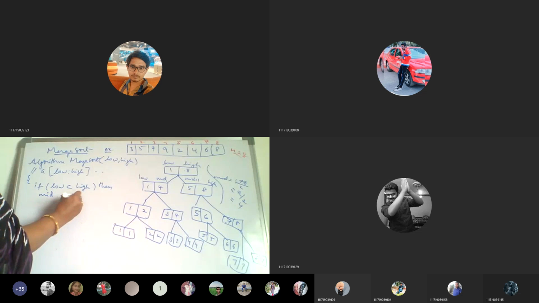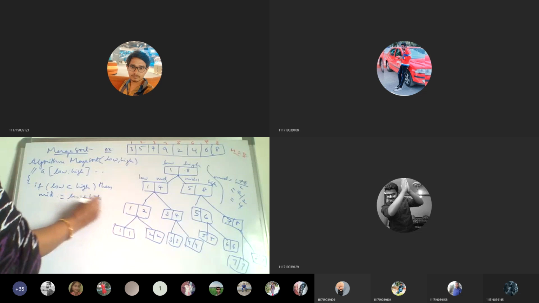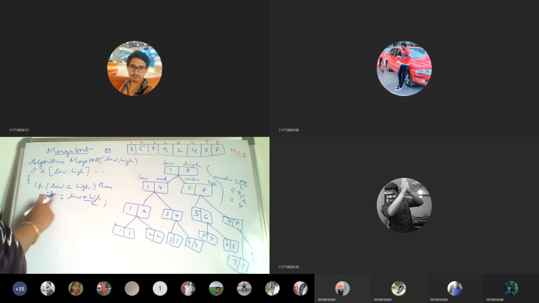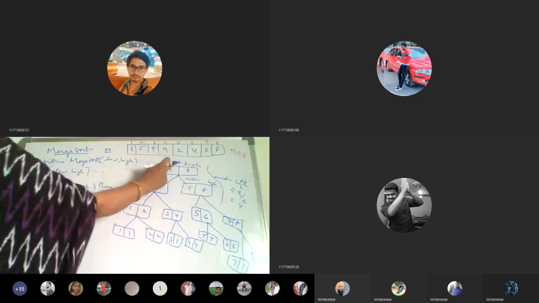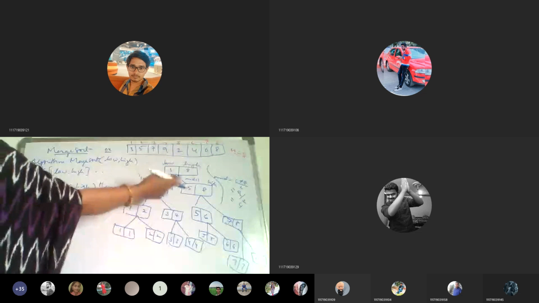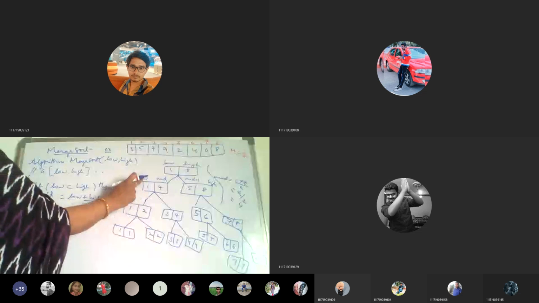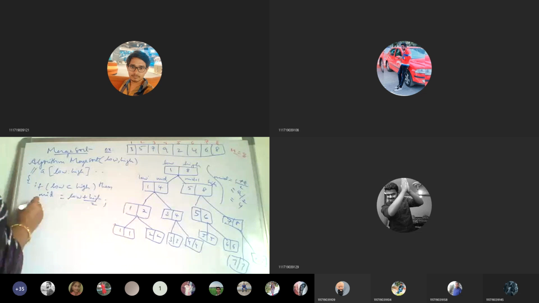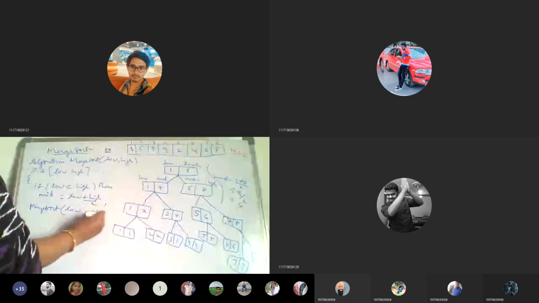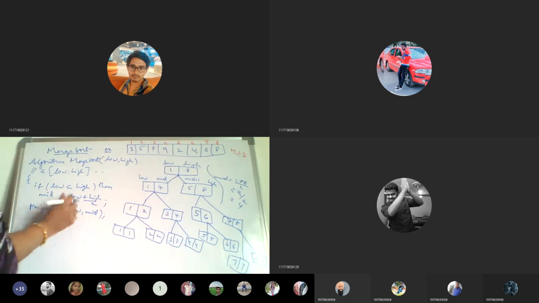Okay. So what we have to do for subdividing? Mid is equal to (low plus high) by 2. Okay. So once this is done, what we have to do based on this? So whichever was the array with low and high, the indices, based on mid, what we are calling here low. So left sublist. So let's write the left sublist. So here we are writing merge sort of low comma mid. This is for the left sublist.